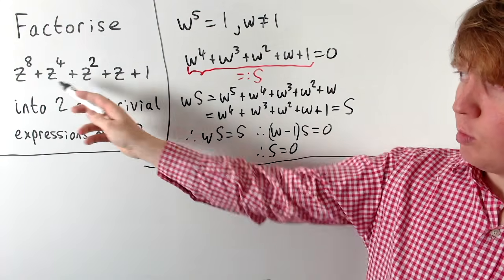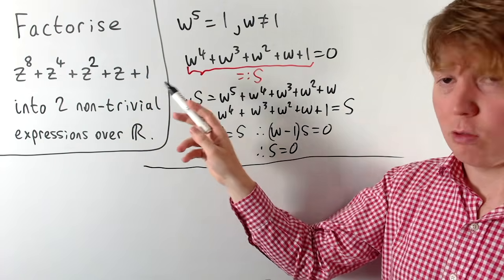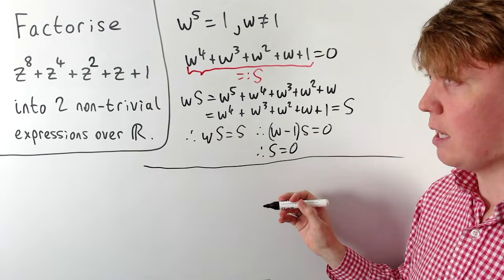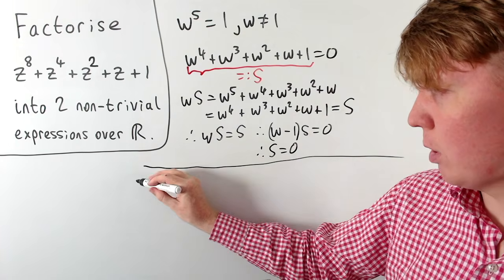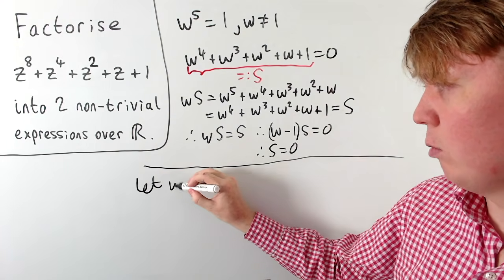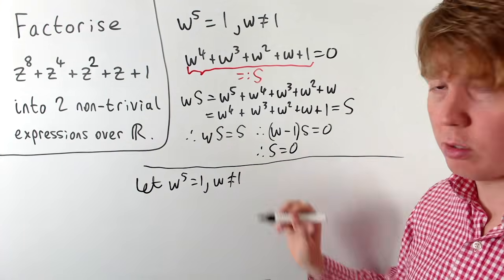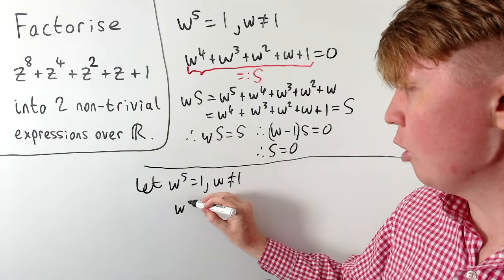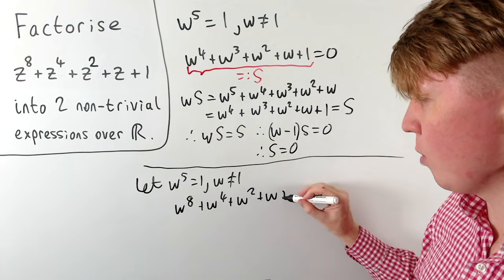Well, if we look at this expression here, we've got almost z to the 4 plus z cubed plus z squared plus z plus 1. The only difference is we've got z to the power of 8, where we would want to have z to the power of 3. But we can work with this, because, let's write this out formally, if we let omega to the 5 equal 1, where omega isn't 1, so we've got a fifth complex root of unity, and then if we write out omega to the 8 plus omega to the 4 plus omega squared plus omega plus 1,